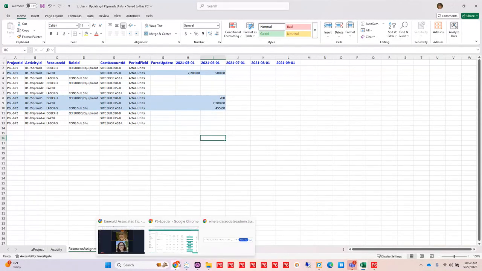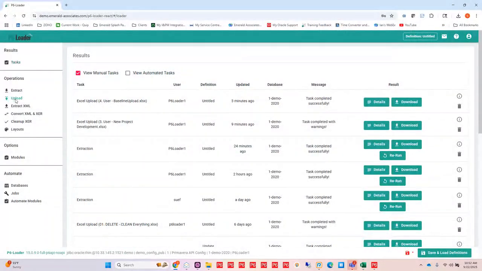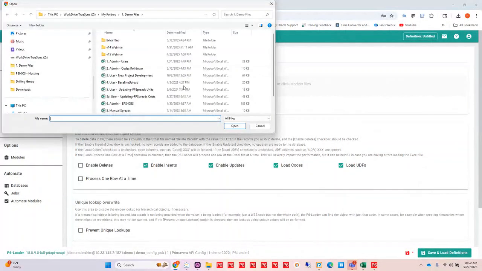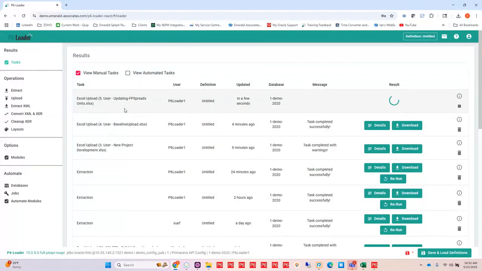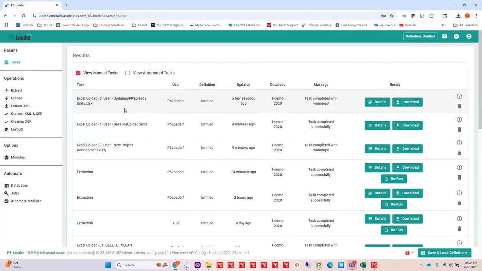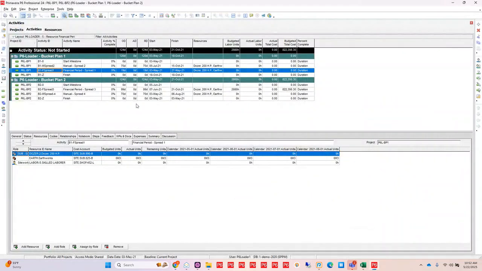You can also manually designate what buckets planning items are going into, updating those types of things as well. You can also do costs. So anything that you could handle in P6 and update, let's say in the resource spreadsheet, you could do with P6-Loader as well. So I've run in my updates and I'm going to